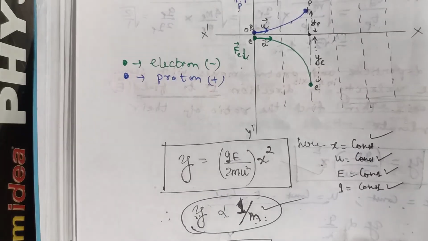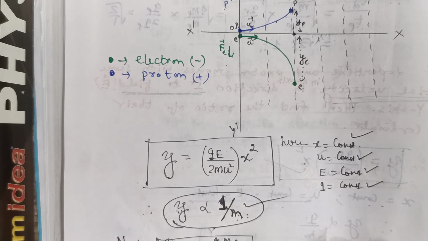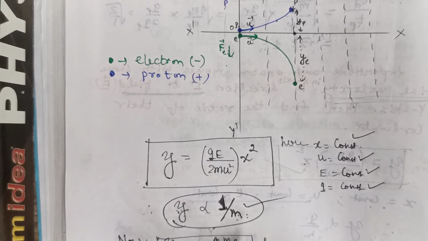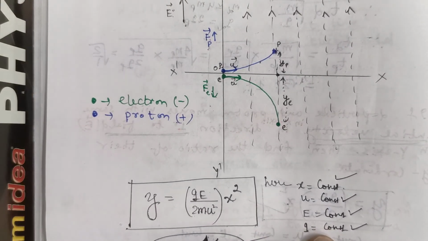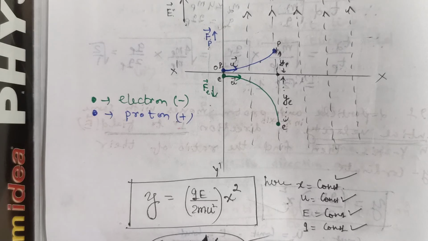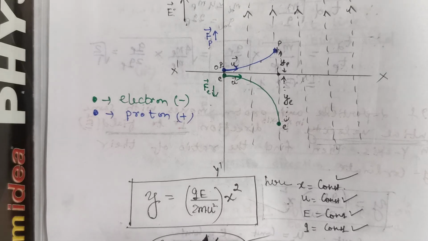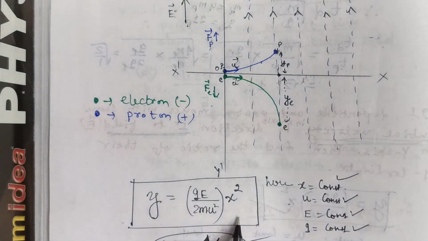So these are the problems that we have discussed today. It is about how a charged particle moves, whether positive or negative, in a uniform electric field. First thing to remember: if the charged particle is at rest, it will describe a straight line path along the direction of the electric field if it is a positive charge, and opposite to the direction of the electric field if it is a negative charge. If the charged particle is subjected to move along the direction of the electric field, the path remains a straight line. The important topic is, if the charged particle moves perpendicular to the electric field, then the path will be parabolic, and you should remember this formula.